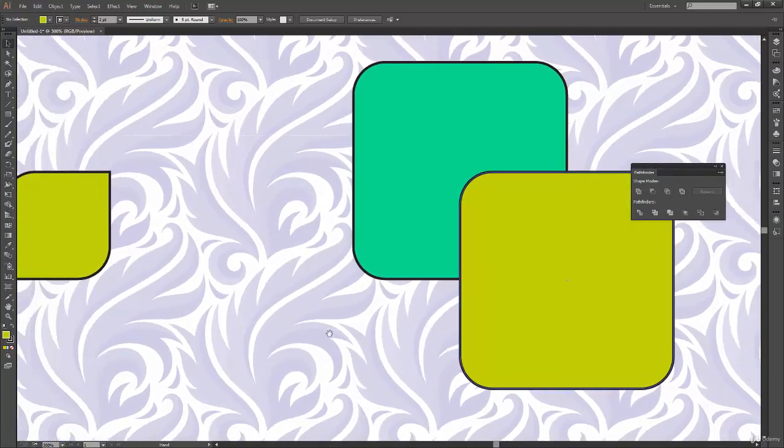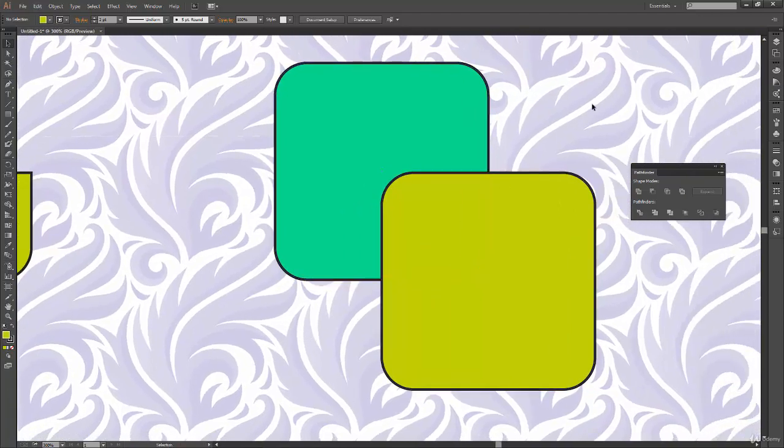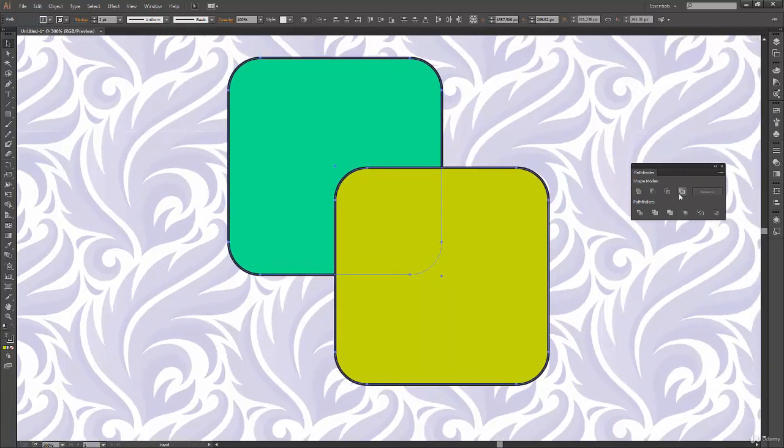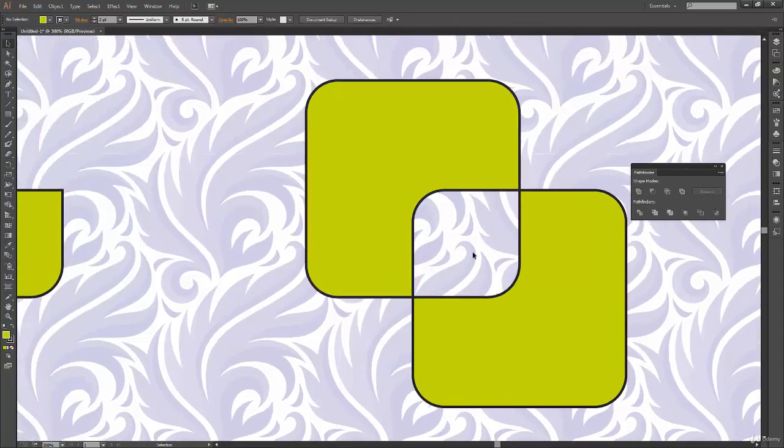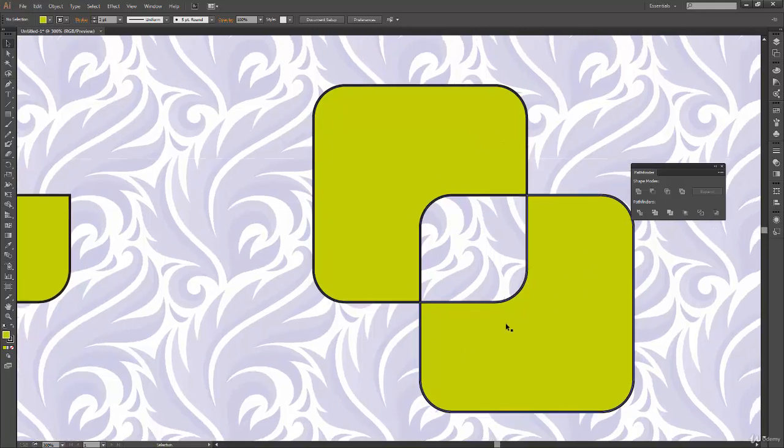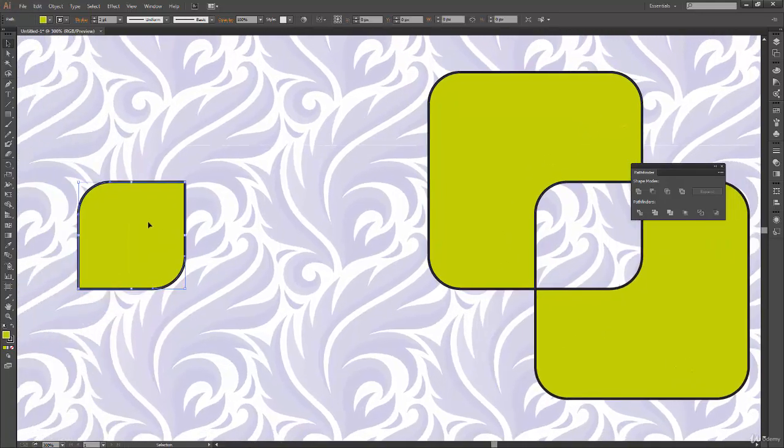Okay, so with our intersection operation clear, we can go to our next shape, and here we can use exclude operation. So this exclude operation is exactly opposite to intersection operation. So what do I mean by that? Let's click on this and we will see the difference. So I clicked over here, and here you can see that it has exactly done the opposite thing. So the part which was common between the two shapes is gone now, and the shape which was not common or which was uncommon is preserved. So here in intersect it preserved the shape which was common. Here in exclude, it deleted the shape which was common.